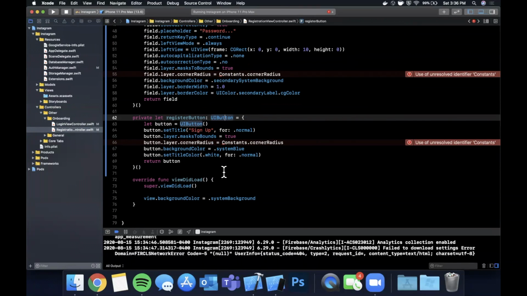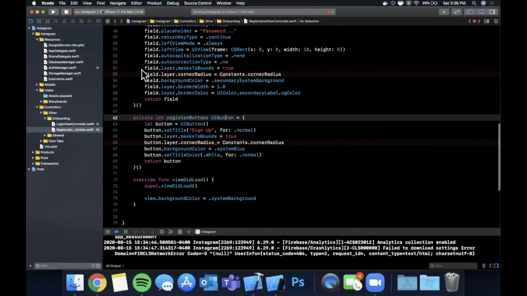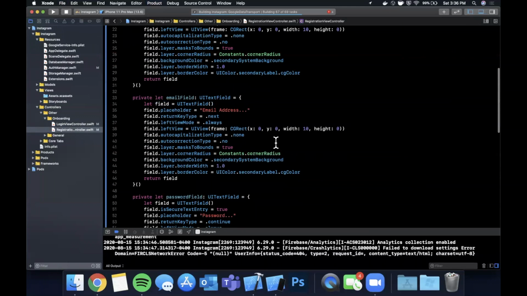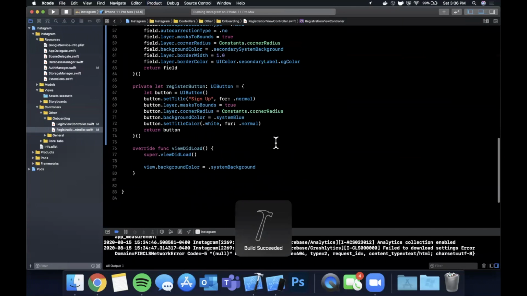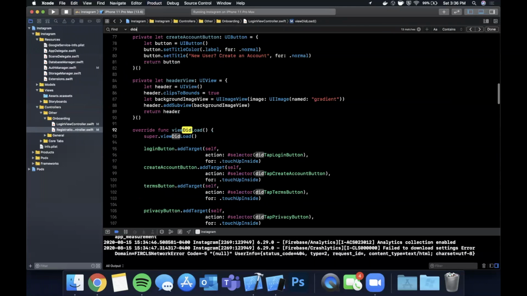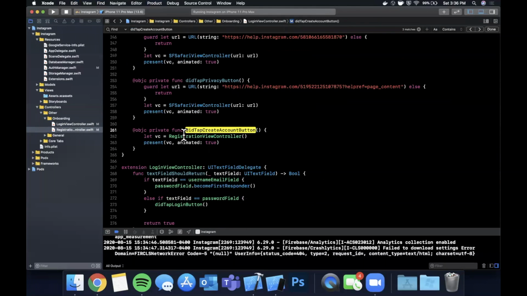Something I think that I'll also do is if we go back, let's see why we have some errors here. So we've got some constants that we're using here. So let's also grab that from login and paste it on up here. And if we hit Command B, everything should be compiling now. But what I was going to say is, in the didTapCreateAccount function, we present this register controller, and I'm going to go ahead and